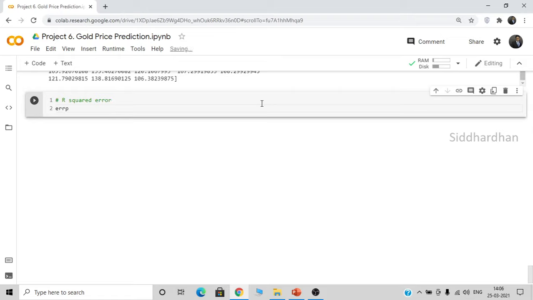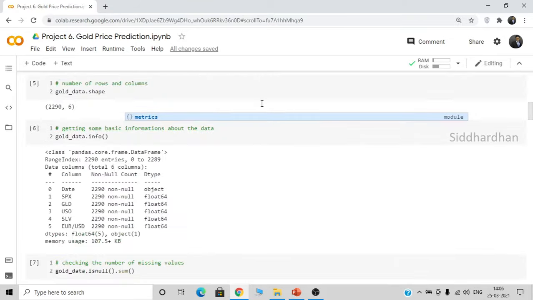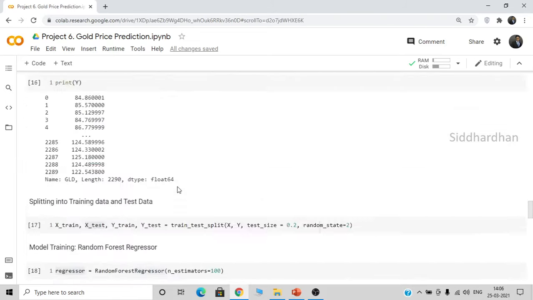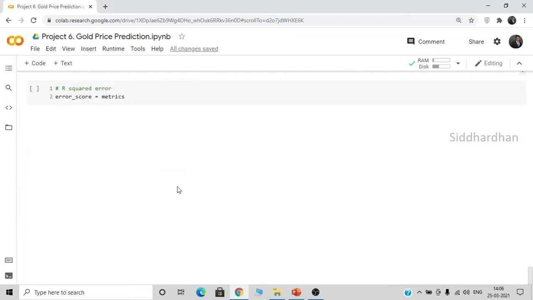So I'll declare a variable as error score. Okay, so error score is equal to metrics. So you can see the libraries here. So we have imported metrics from sklearn. Metrics dot